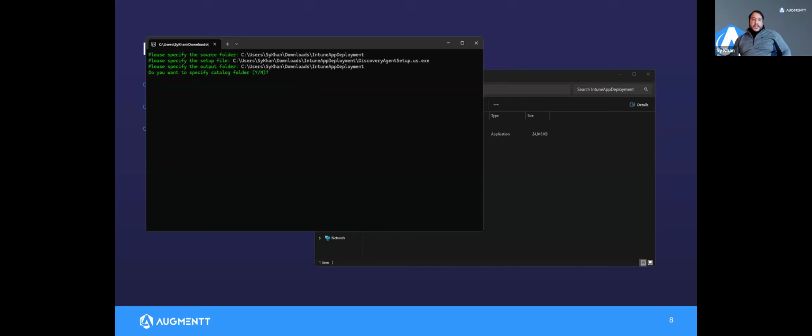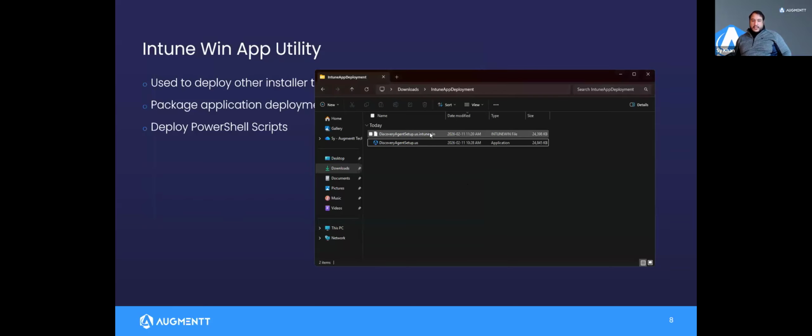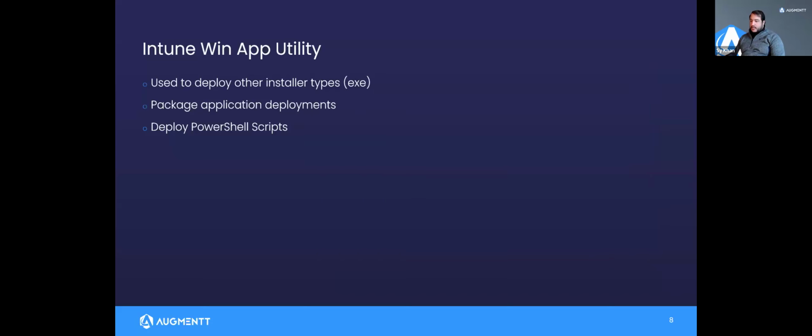And then please specify if you want a catalog folder. By default, your answer is going to be no here. The only time you really use catalog folders is if you're using Windows 10 S mode. It's not really popular, but essentially it's a version of Windows 10 where it's kind of streamlined, like a kiosk lockdown version that's only Edge and such. In our case, we're not going to really get into that. So by default, most of the time, your answer is going to be no here. You'll select no, hit enter. It goes through and it packages all of this stuff, and it creates this nice little Intune Win file. That's what we need for the next step here, which is